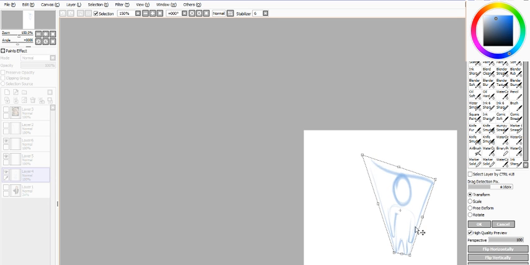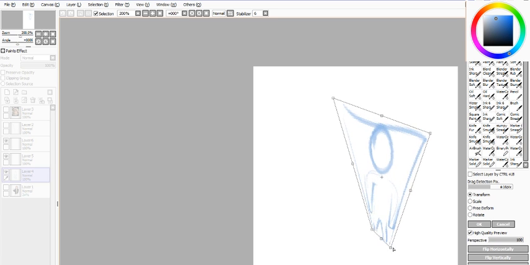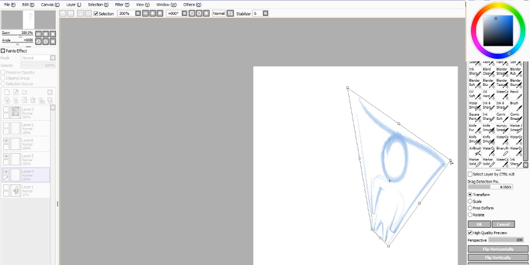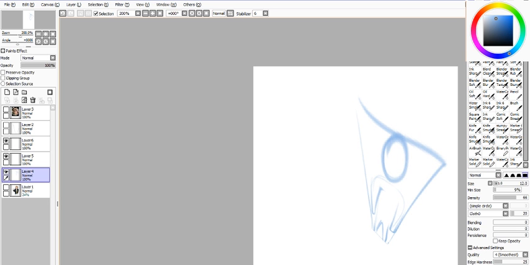force the perspective, okay? Then I'm going to get my perspective tool to be at 100% so it's as accurate as possible. And this isn't going to be accurate, but it's going to give you a really good idea of where your proportions are, okay? So in this perspective, literally